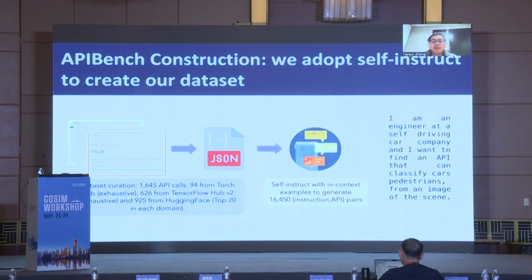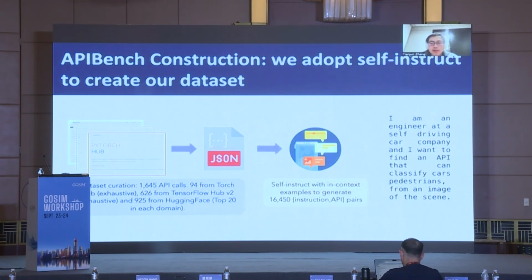Now, given this API documentation, we use a self-instruct technique to prompt GPT-4 to generate instruction and API pairs. This step can also be replaced by manually collecting them, but we just choose the easier and simpler way, calling GPT-4 to generate.